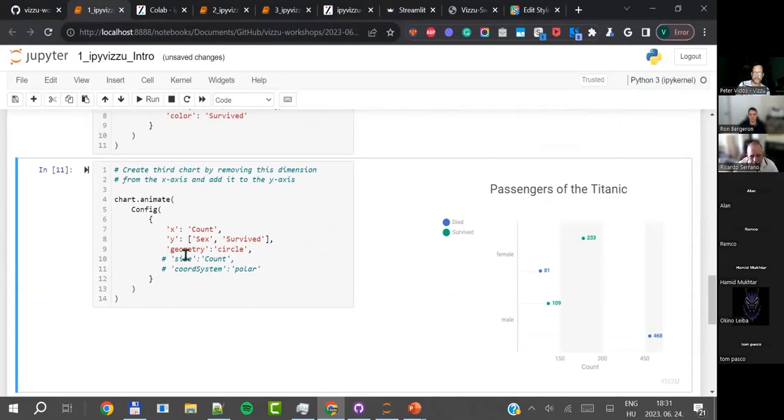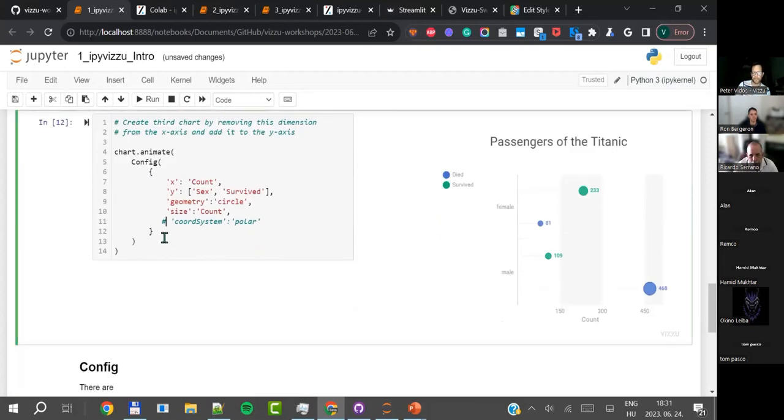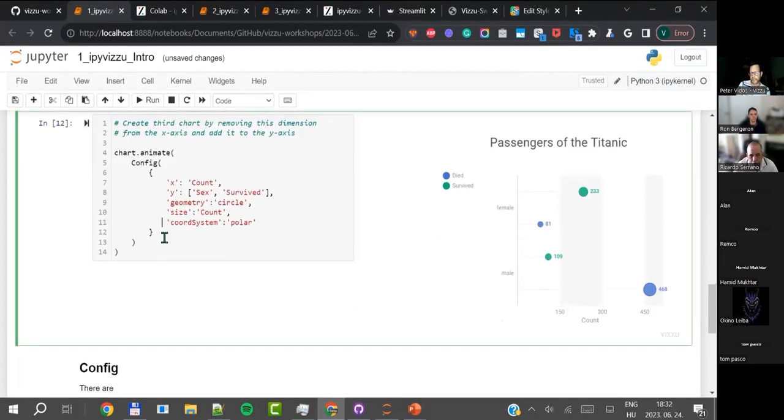Rectangles don't have a size option, but circles do. We can add the same value, count, to the size, and as you see, the circles have different sizes. I can also turn the coordinate system to polar instead of Euclidean, which is the default value, and end up with a chart that no one understands.